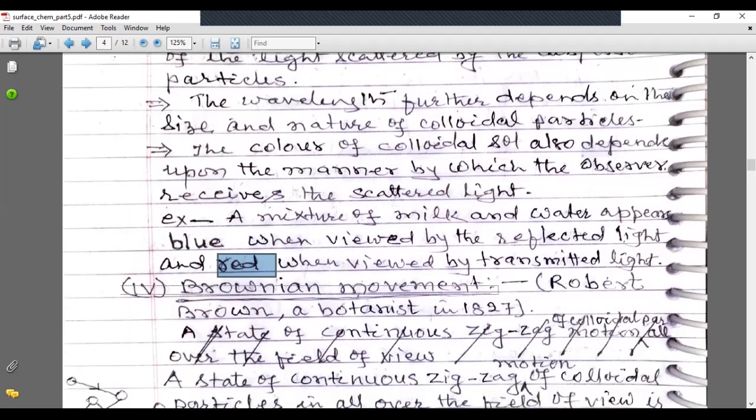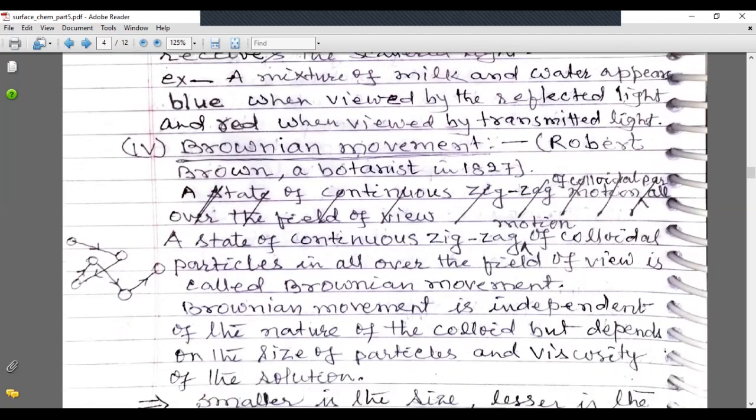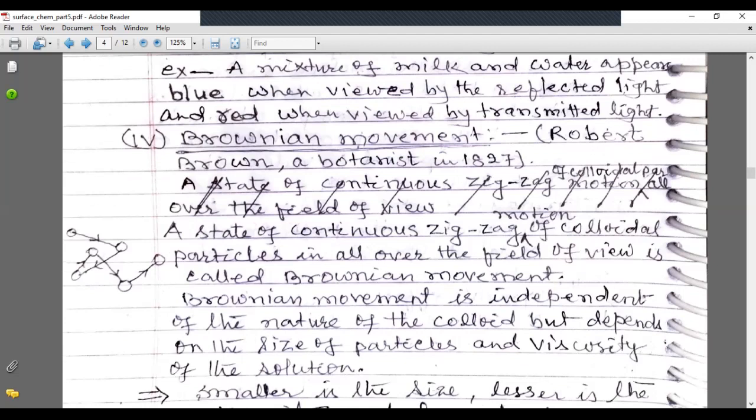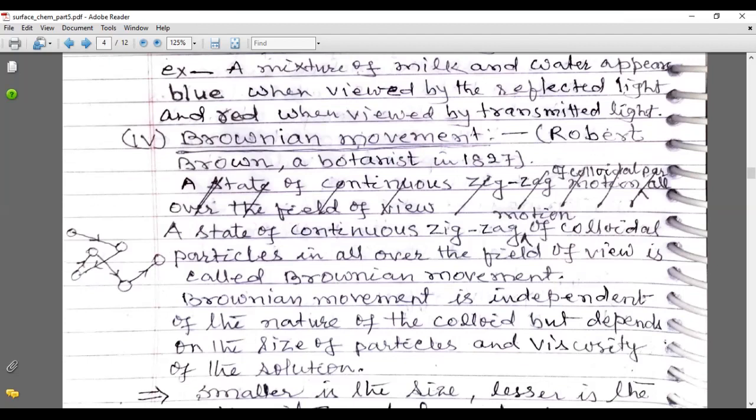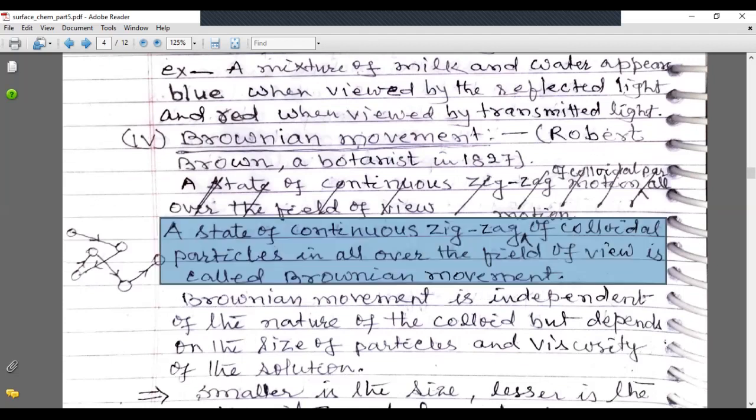Now the next property is Brownian movement. Robert Brown was a renowned botanist who discovered this phenomenon related with colloidal solution. A state of continuous zigzag motion of colloidal particles all over the field of view is called Brownian movement, which is clear from the diagram shown in the left hand side margin. Zigzag motion,